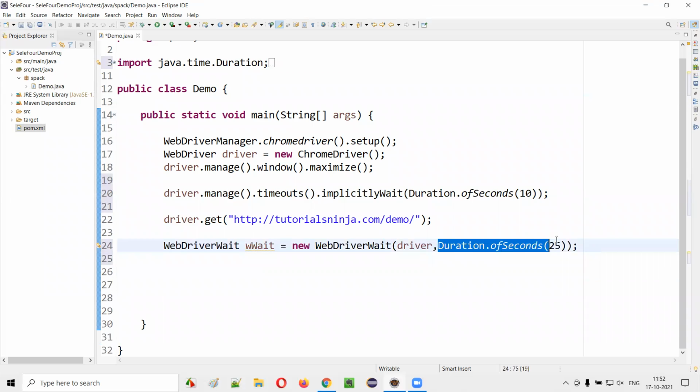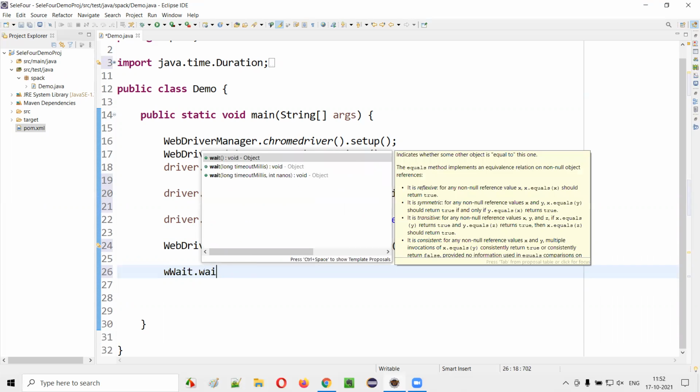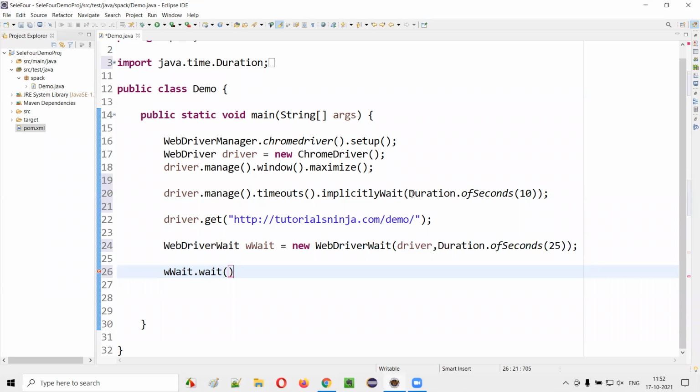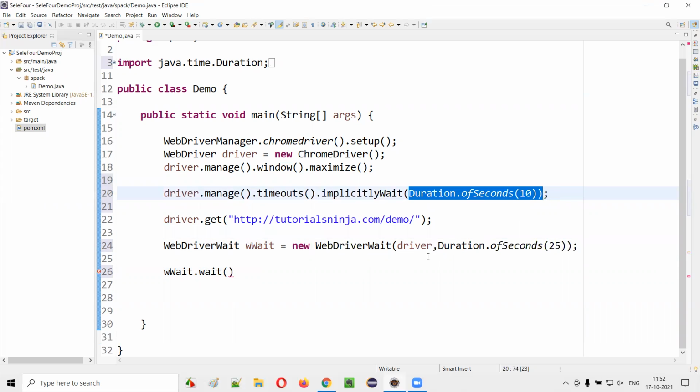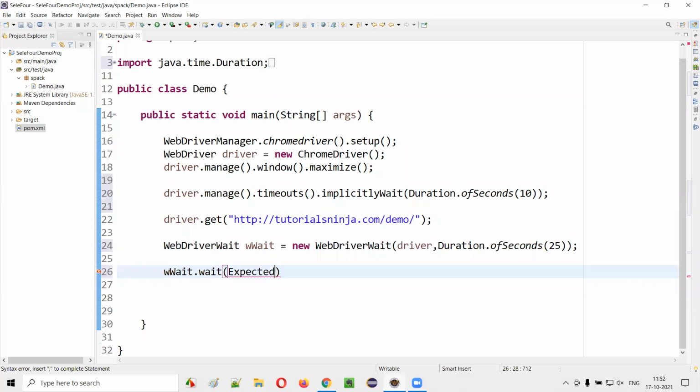We should not give the time directly here; we should give Duration dot ofSeconds. The remaining structure is the same. The only thing that got changed in implicit wait or explicit wait is this Duration dot of. So wait dot the remaining statements will be the same, the way we used to write in Selenium 3.